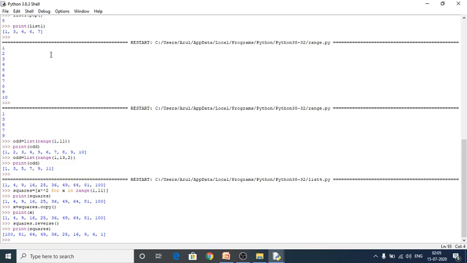So next one is sort. Sort is an important function which can be used to retrieve the elements in ascending as well as descending order.